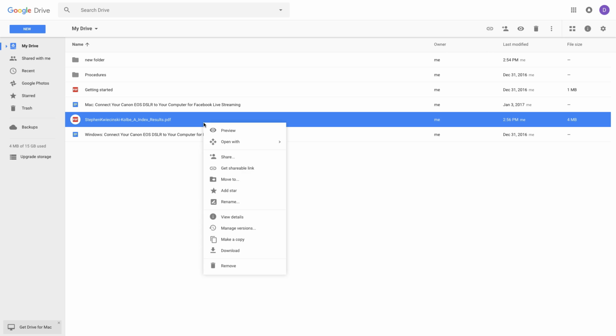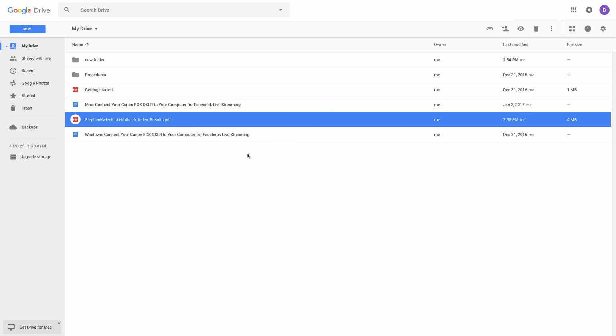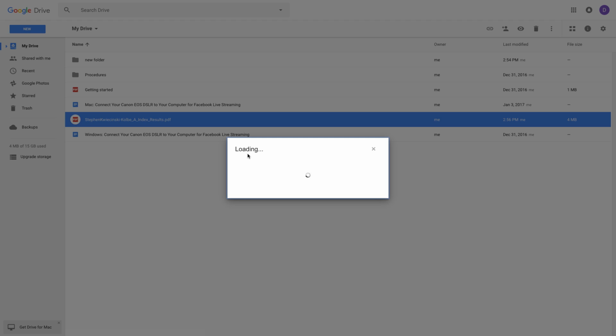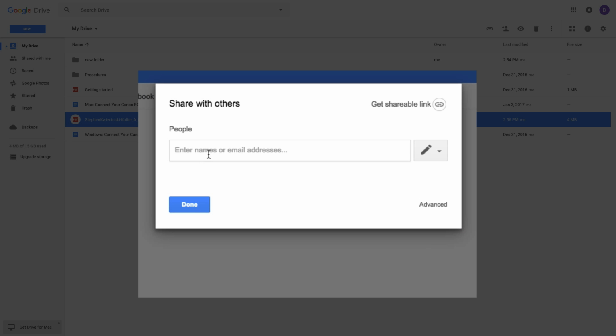So if I right-click this file, we're going to see this Share button. We're also going to see a Get Shareable Link, and those are two different ways to share. This Share button, you'll also see is up here in the upper right corner. If I click on Share, I'm allowed to specify by email